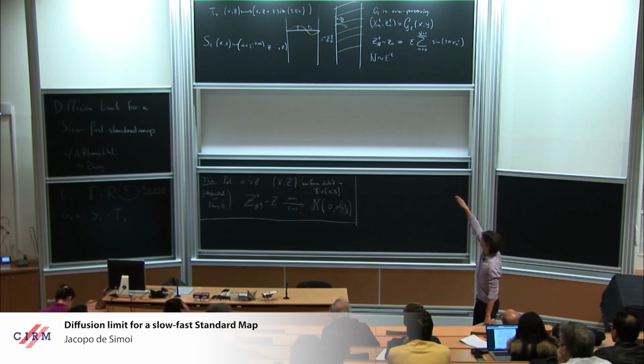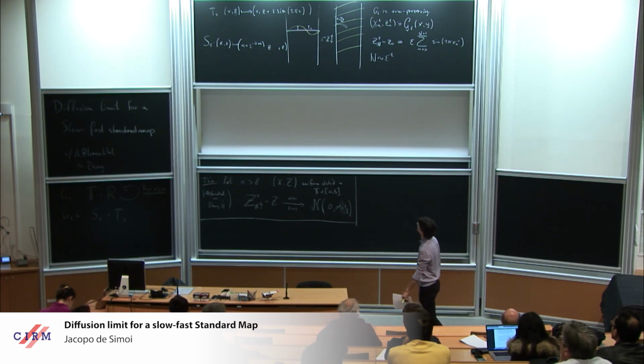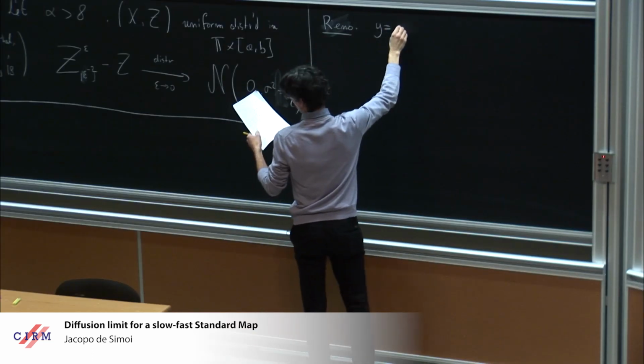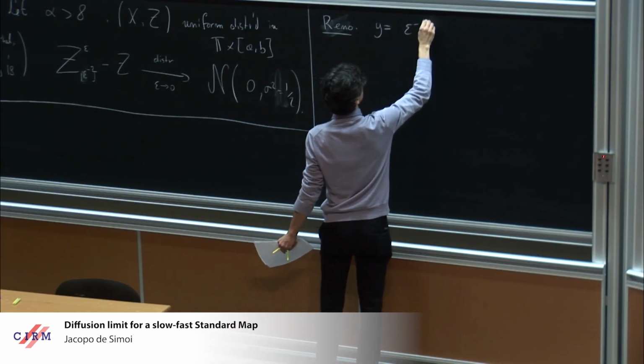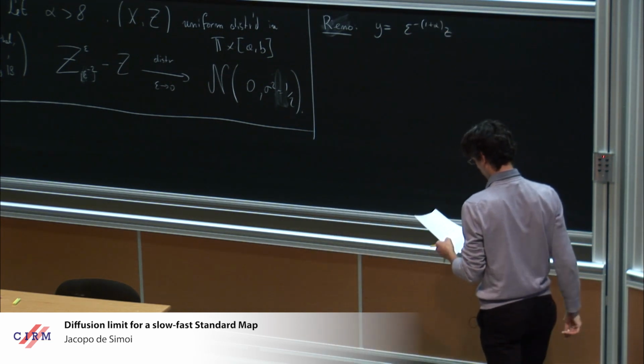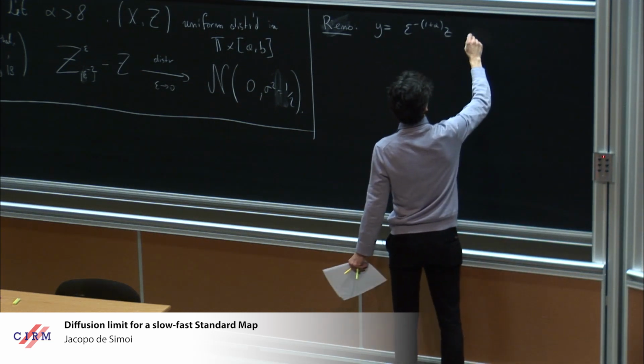So the picture on the left, you see that you have a natural lattice which shows up on the cylinder, which has size epsilon to the 1 plus alpha z. And what if you normalize this to size 1? So if you normalize this to size 1, so you define y to be, so this is a normalization or change of coordinate if you want. So y is now epsilon to the minus 1 plus alpha z. So you rescale this, you amplify the z direction, and you call it y. So this change of variable conjugates